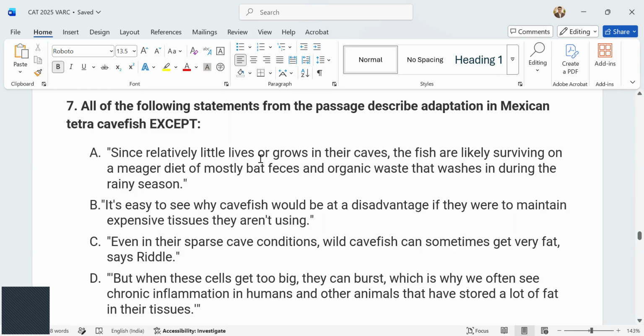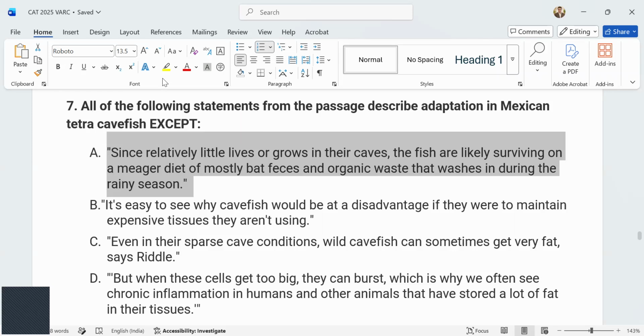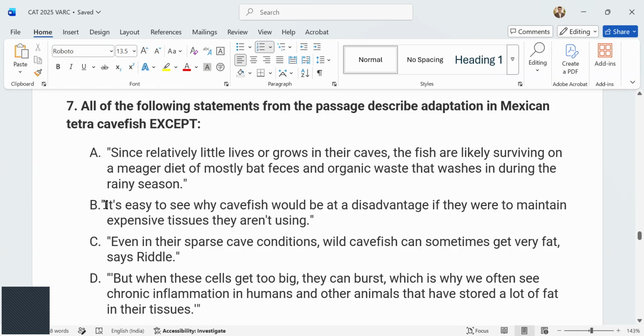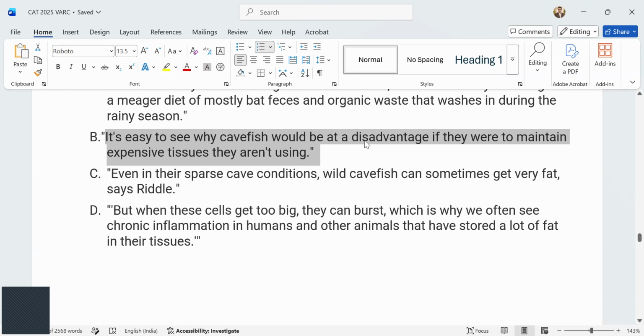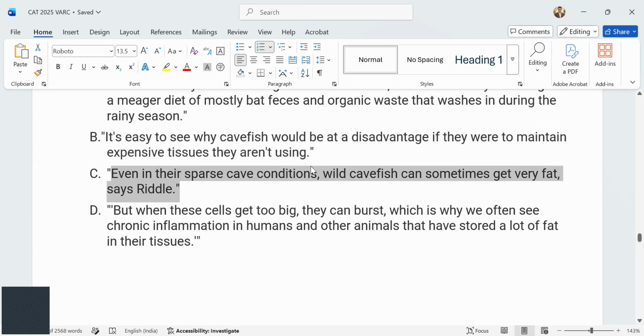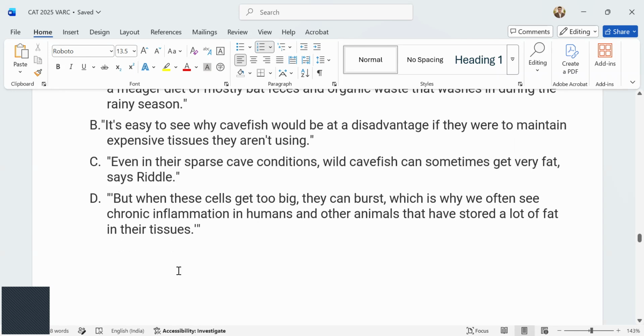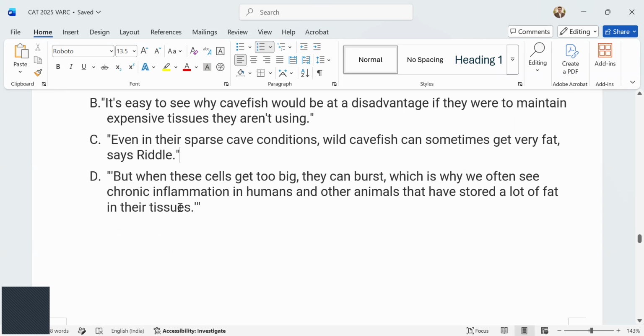Since relatively little food, the fish are likely surviving on a meager diet. This is talking about cavefish and the adaptation, right? It's easy to see cavefish would be at a disadvantage if they were to maintain expensive tissues that they aren't using. This is again about cavefish and their losing of eyes, right? Even in cave conditions, wild fishes can sometimes get very fat. This is also about cavefish and the adaptation that sometimes they get fat and store food,